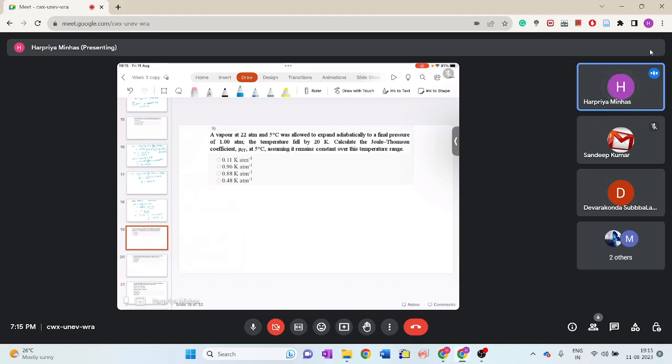So it's a Joule-Thomson effect, which is clearly mentioned. So we know this formula. 20 by 22, madam. Yeah, exactly. So let me write down the formula that we are using. From here we are using ∂T upon ∂P at constant enthalpy. So what we are having, our temperature,